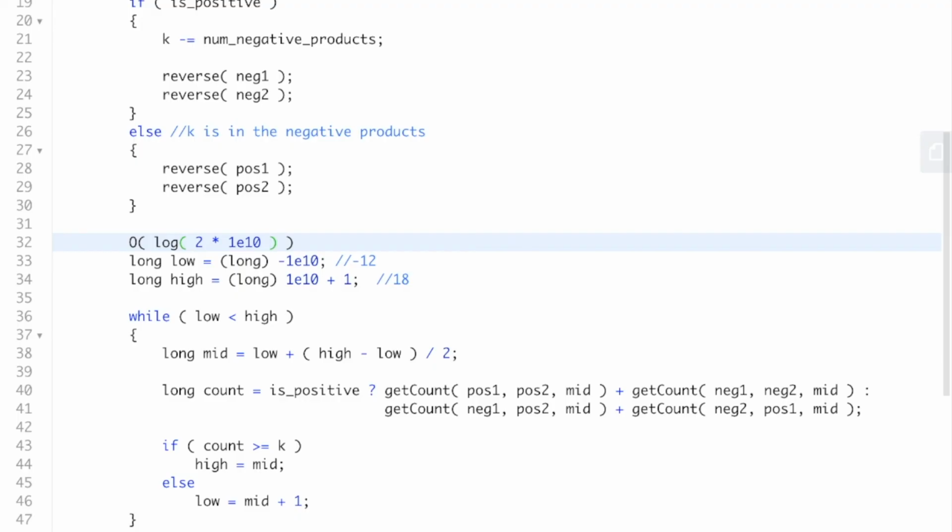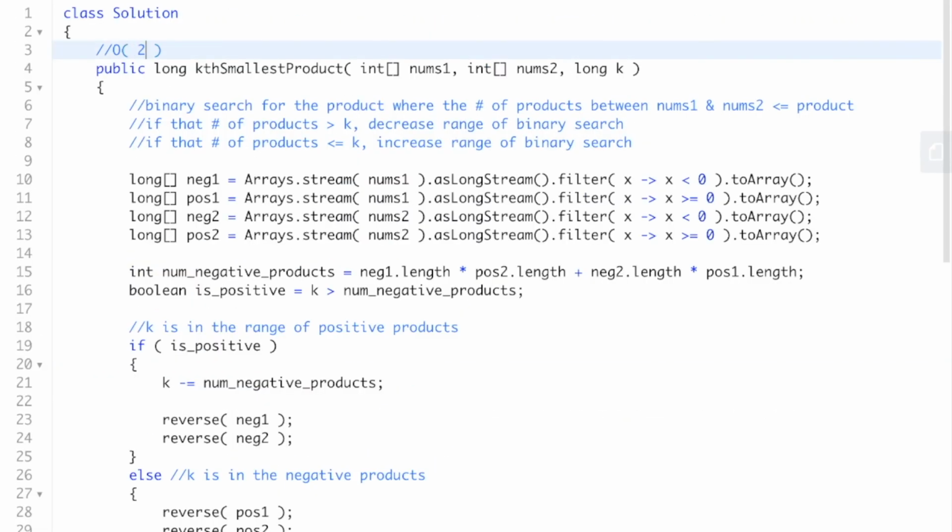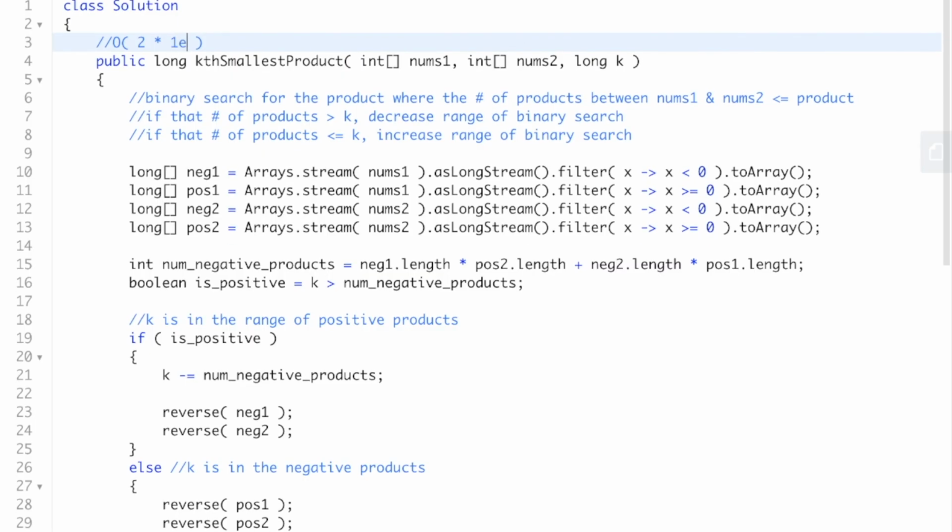But we could have changed this to O of log of the min product and the max product, because I showed earlier how we could grab the maximum product and the minimum product, so you could do the max minus min, something like that. I'm a little tired, but it would be something like this. And then yeah, I think we're good. So this whole thing would just be O of 2 times 1e10